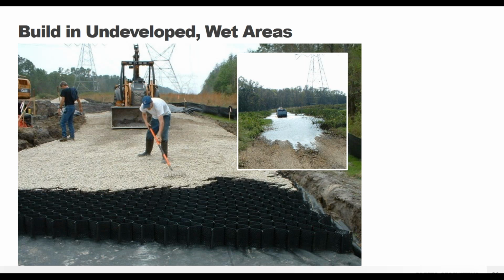So using a clear stone in the GeoWeb allows for that water to flow both vertically and laterally through the system, limiting the impact in sensitive environmental locations in ways that a paved asphalt or concrete road would really disturb, and you need to make sure you get a lot of environmental permits. Putting in a porous pavement with the GeoWeb system can help reduce the amount of regulations that you run into.